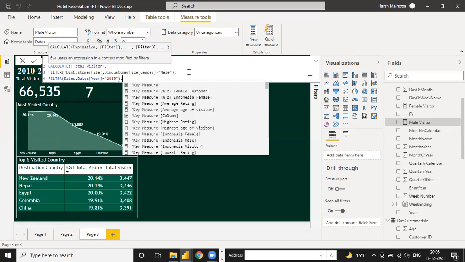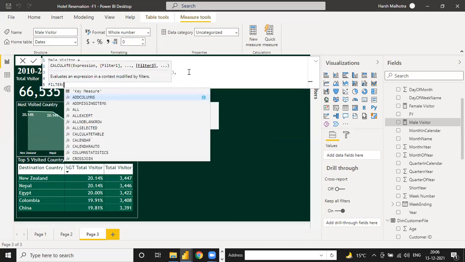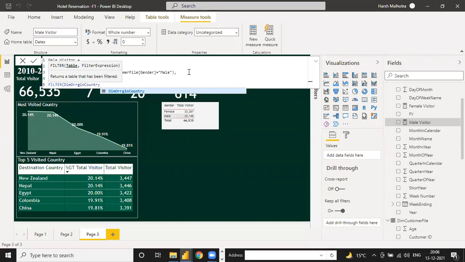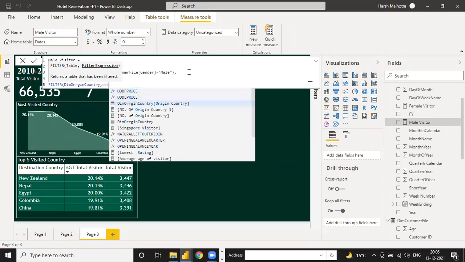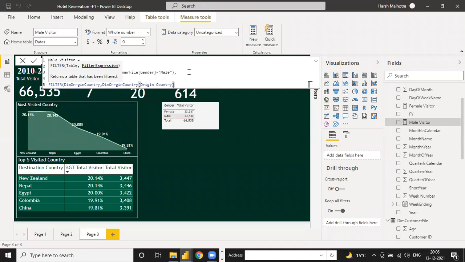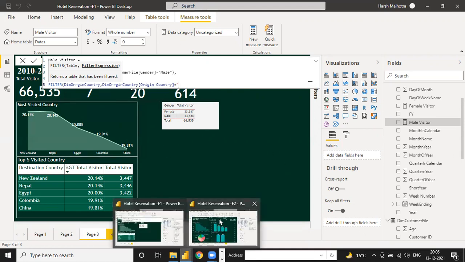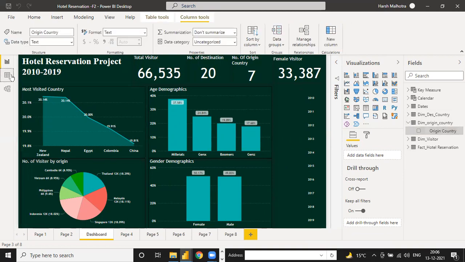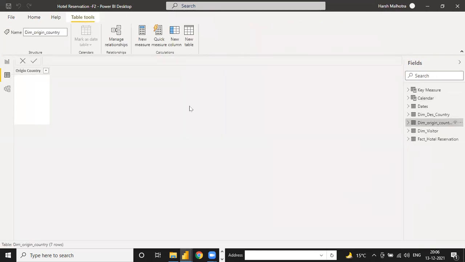In the same way, if you want to use another filter, such as origin country, you have the origin table and you select origin country, and here you just write the origin country name. You have many countries, so let me go and check the names here.